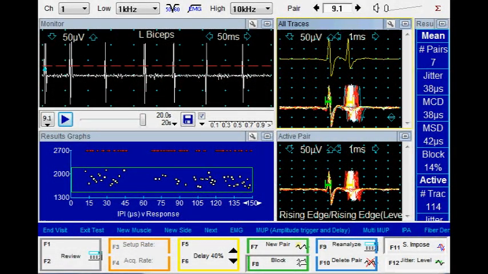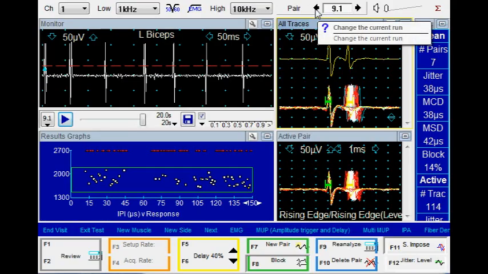I have now recorded signals from many different sites. We will begin our offline analysis. At the top we can see pair number 9.1. That indicates that the last site that I recorded was number 9. Let's go to our first site by clicking on the left arrow,